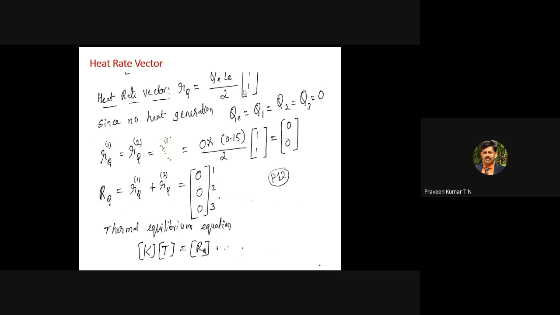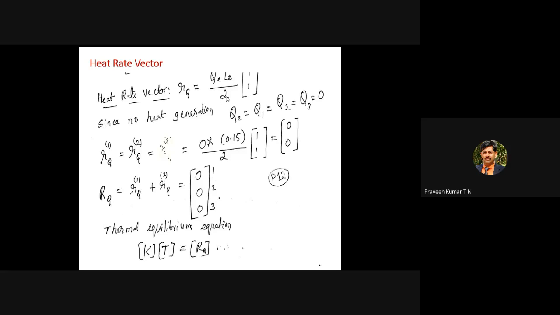Normally it is referred to as heat generated per unit volume. Already in the first part of your finite element analysis of heat transfer, we have discussed and derived this, where we referred to Q bar. Q bar is in watt per meter cube, the amount of heat generated per meter cube. Here also it is the amount of heat generated per meter cube. Q is normally given in watt per meter cube. LE refers to the length of the element divided by 2.